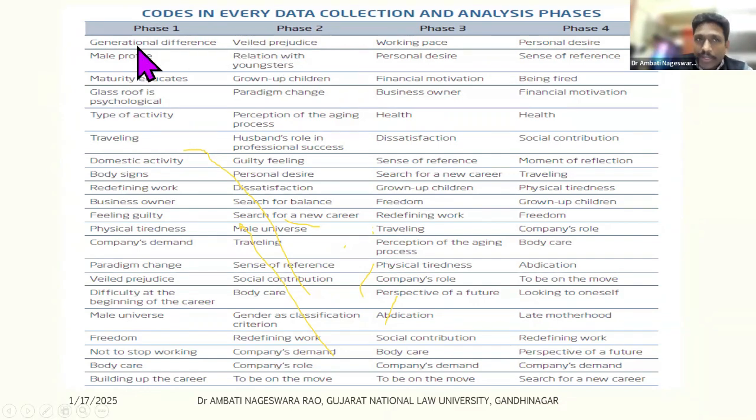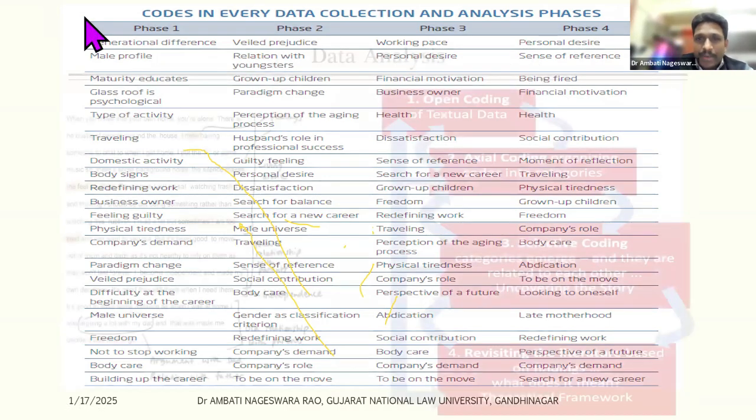It means at the time of reading your data, or interview transcripts, you started connecting these particular transcriptions. Are the significant findings connected with the research question or not? How closely are they connected with your significant findings? Point number one: how significant they are, how frequent they are. They can be unique, there can be repetition also. So we started reading and connecting phase one, phase two, phase three, phase four, right?